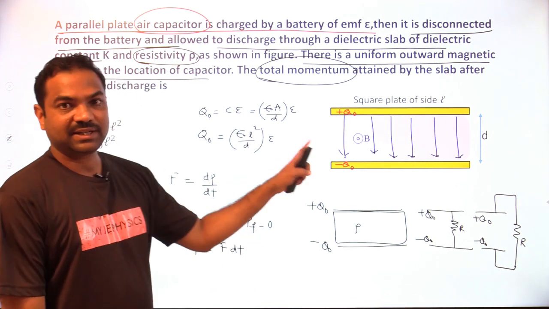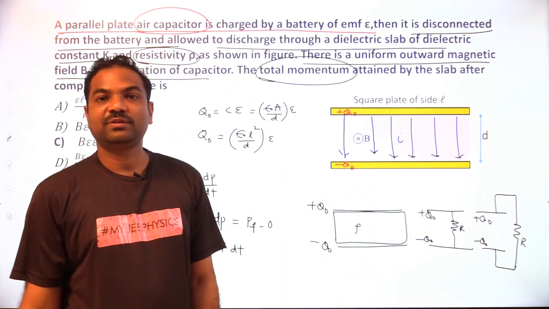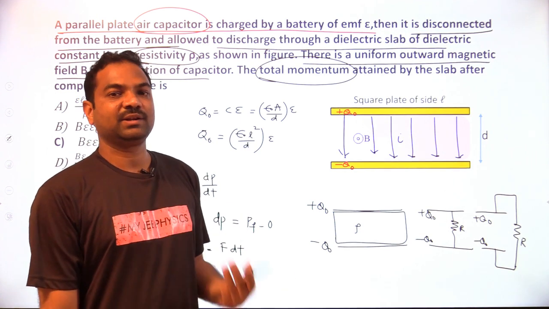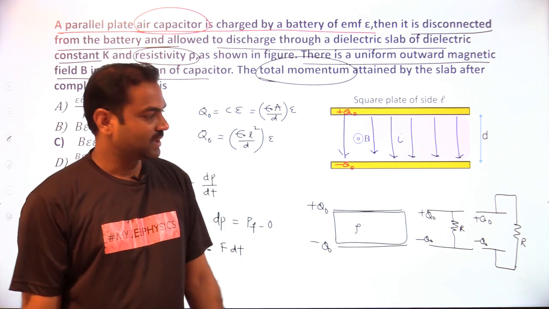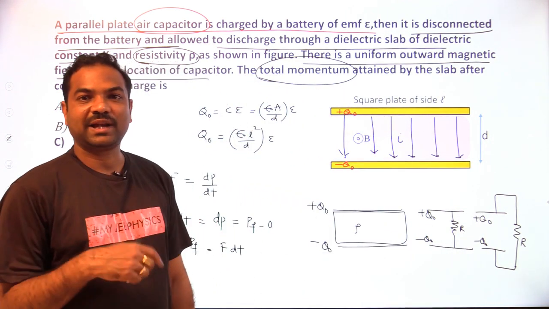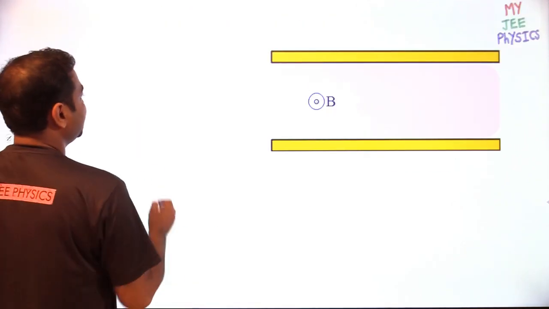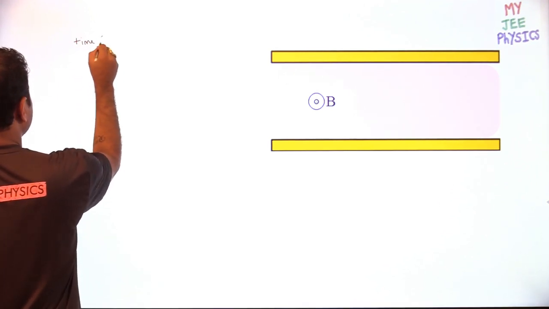To find the force acting on the dielectric, what do we require? We require the current value. If I know the current, then only I can go for force. Then how do we get the current value? I can get the current from the discharging, or change of charge, on the capacitor. So to know the variation of charge on the capacitor, I have to calculate the time constant, the time constant of the circuit.